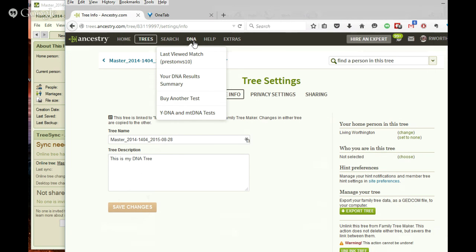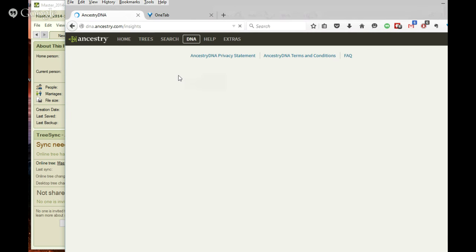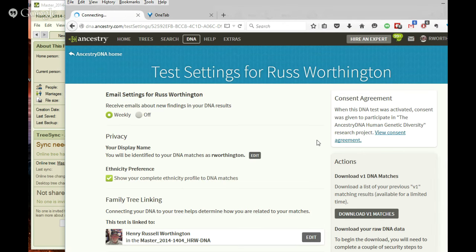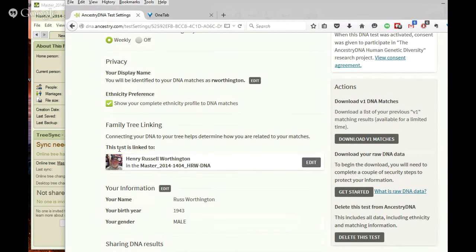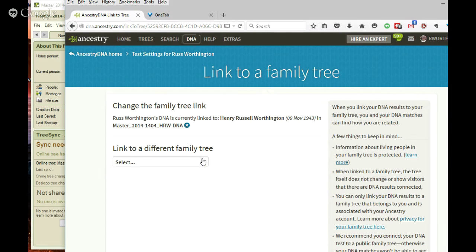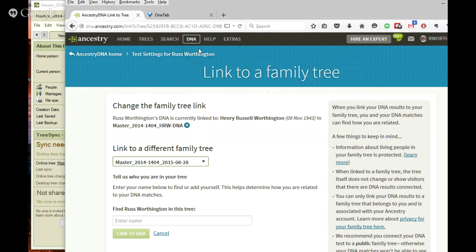but what I need to do now is link my DNA results to that tree. So I go to your DNA results, and I go to settings, and right here it tells me that my DNA results are currently linked to this tree, which is now an old one. So I'm going to select edit because I want to select this tree that I just uploaded, which is at the top. And now I'm going to find me,